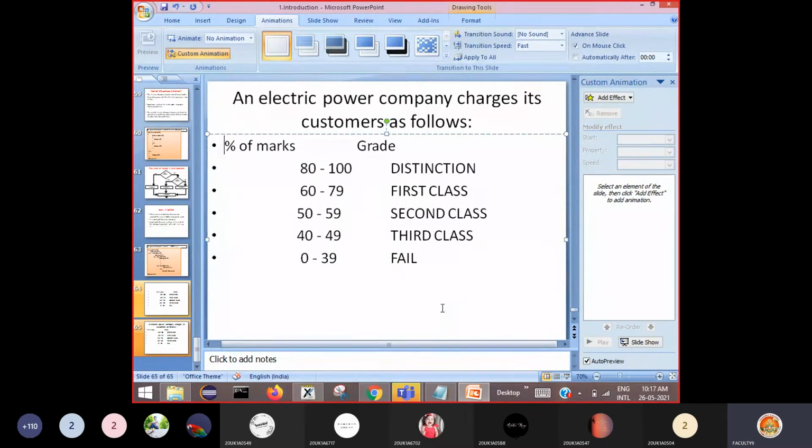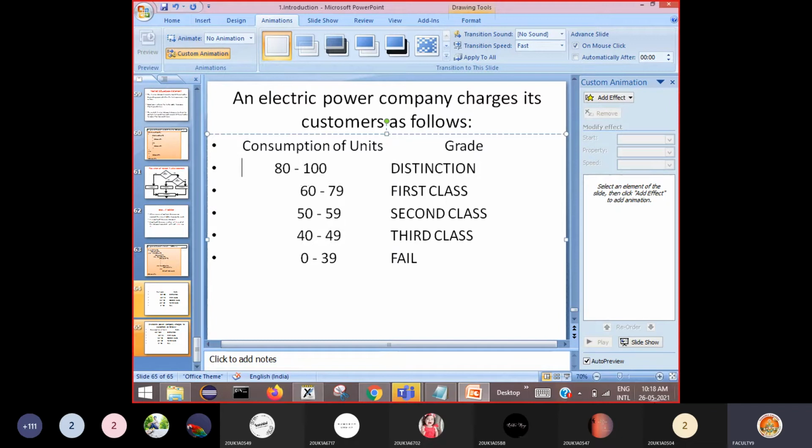Now see here. This is consumption of units, the number of units consumed. Based on that, the price or bill will be given to you. How many units we consumed, there should be a reading for this.